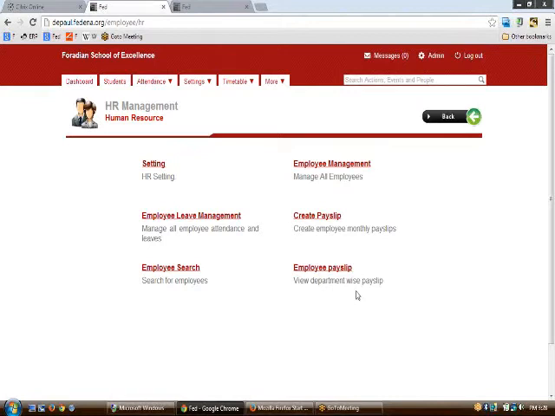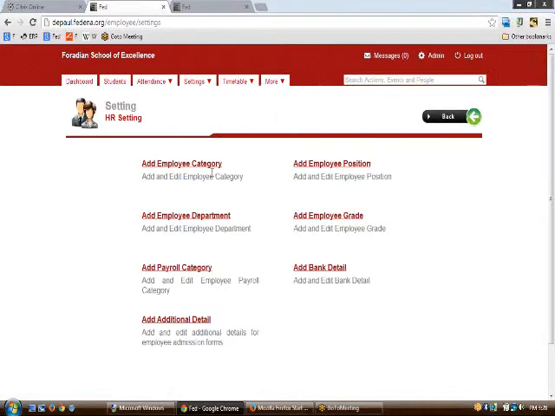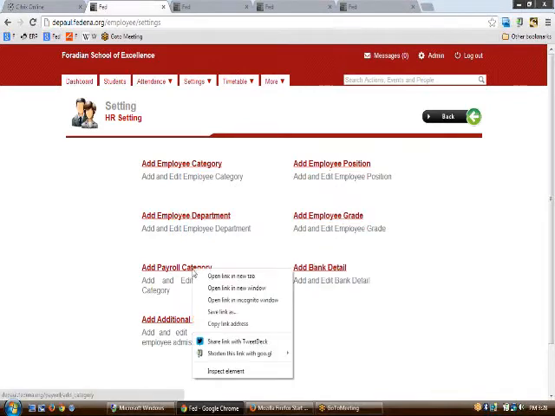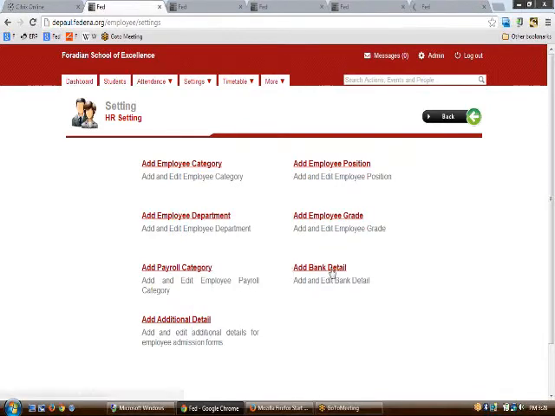To start using the HR part, obviously we need to do the settings first of all. So to do the settings, you need to click upon the setting part, add the employee categories, add employee position, add employee department, add employee grade, payroll category, and bank detail.